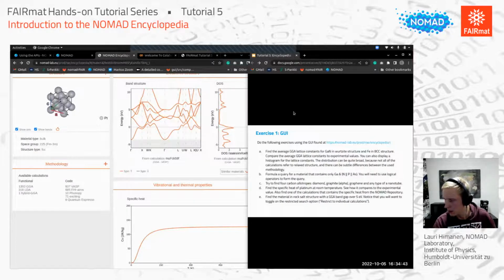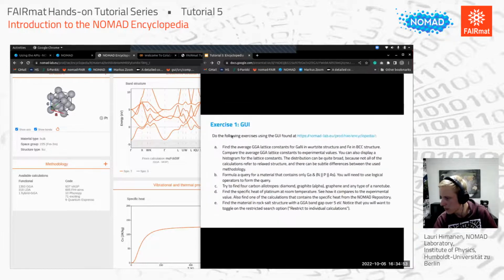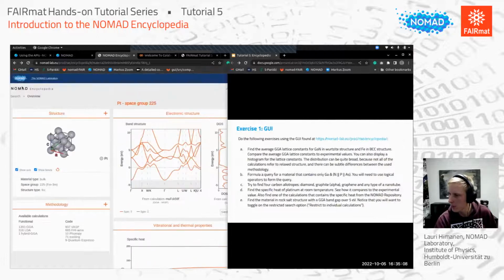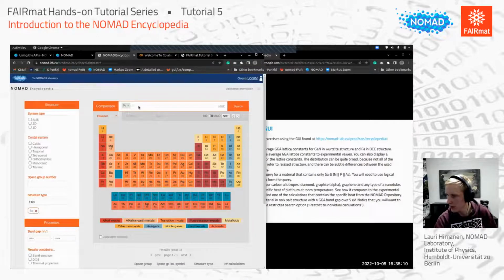Let's take a look at the final GUI example before a few questions that you might have. Then we go into the API exercises, but let's first take a look at the last one. So this is about finding a material in rock salt structure with a GGA band gap over 5 electron volts. So this is once again towards more and more realistic cases. So